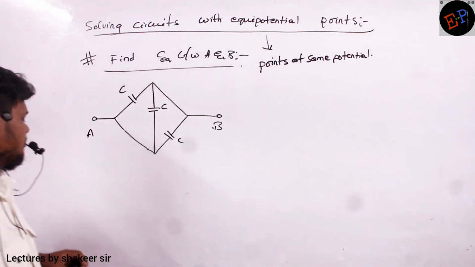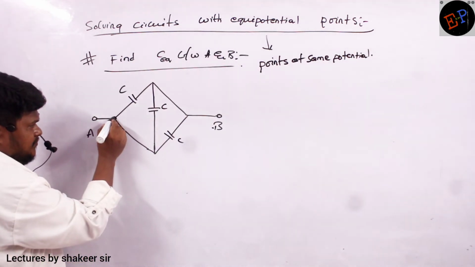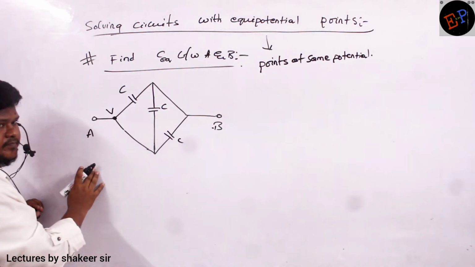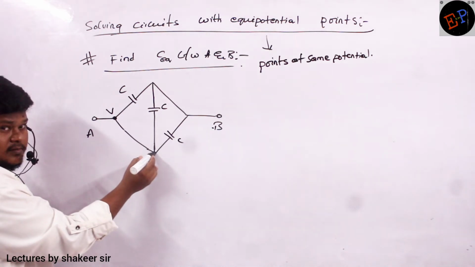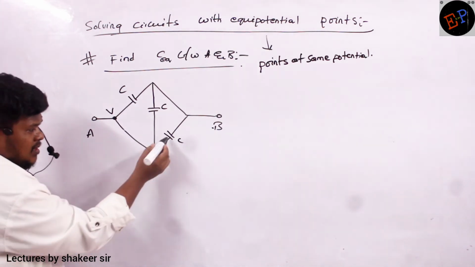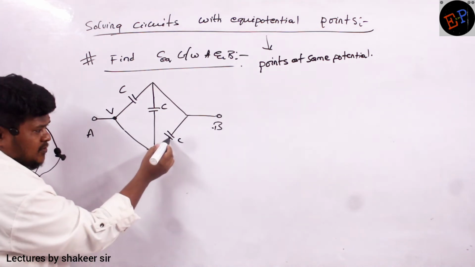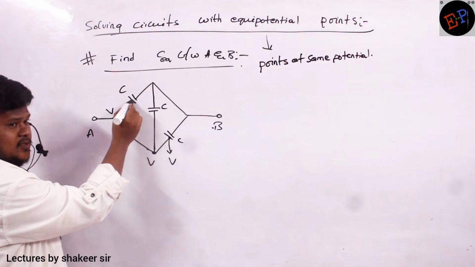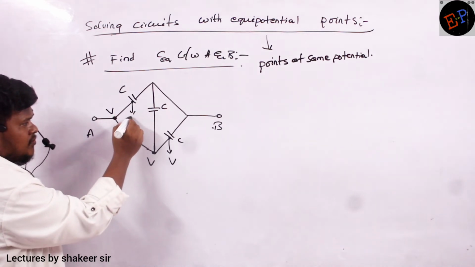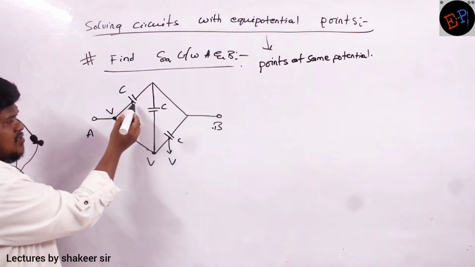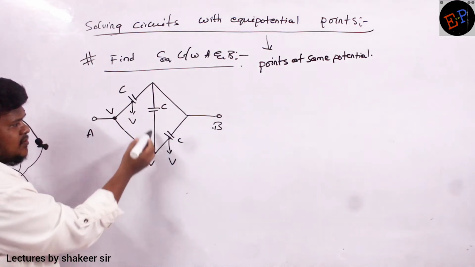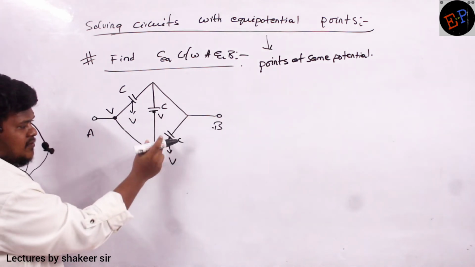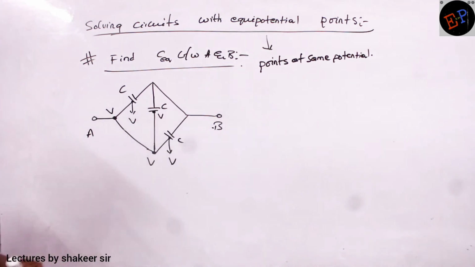Now see, ma, if I take this point, let us consider the potential is V. Here what will be the potential? V only, no? This plate will be at which potential? The first plate, this potential will be V only, no? Similarly, what about the potential of this first plate? This potential is also V only. Clear, no? It means the first plate of this capacitor, and the first plate of this capacitor also, are at V only. Are you able to understand?